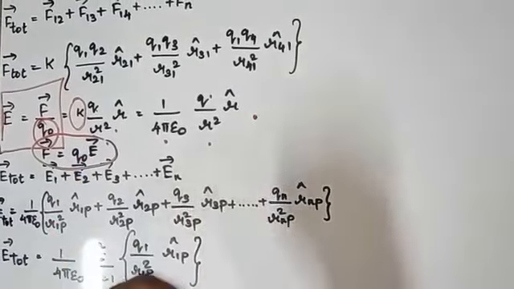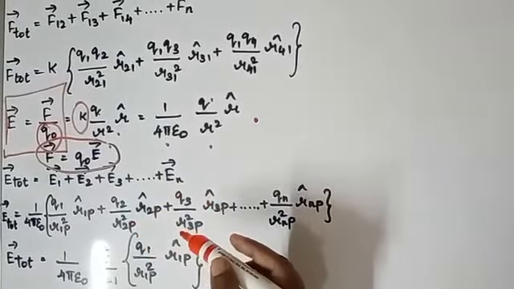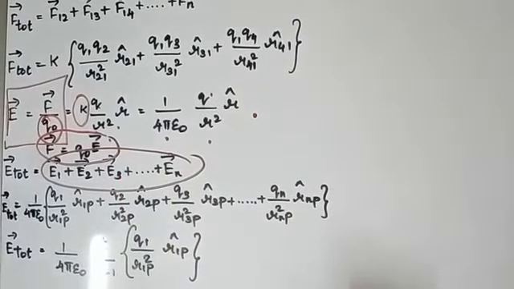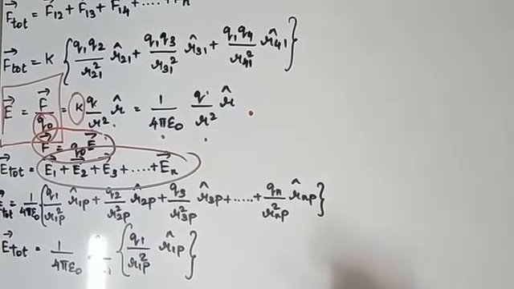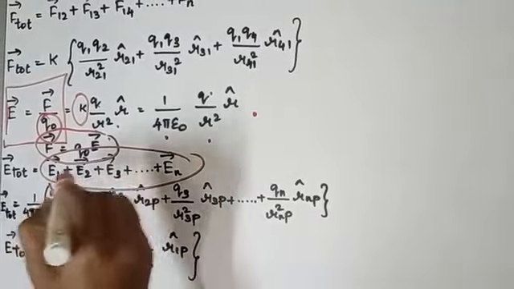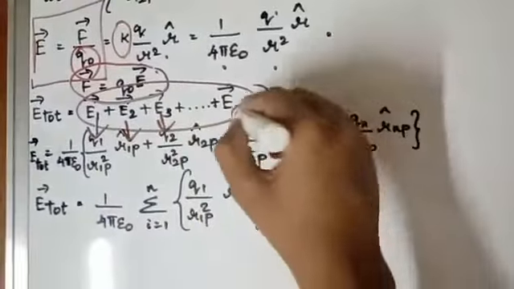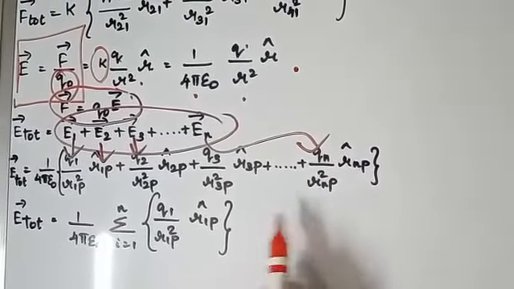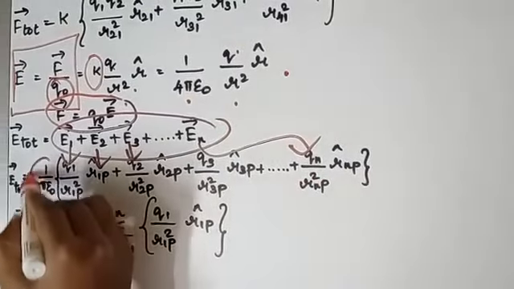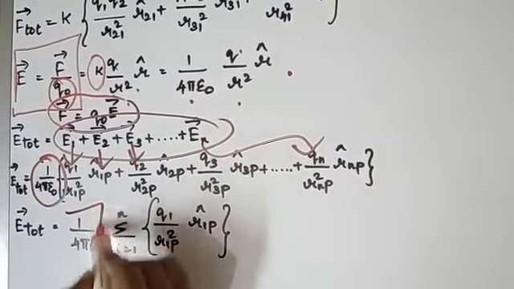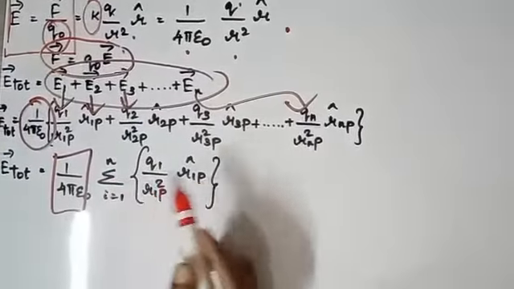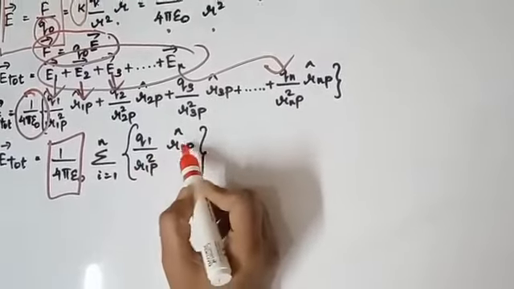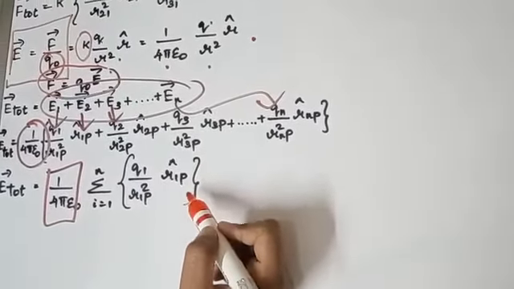Suppose we have more than two charges, we use the superposition principle to find the total electric field by using the sum of electric fields. When we substitute the electric field formula for each value, we will get such an expression. If we take all the constants outside, what are the constant values here? 1 by 4 pi epsilon naught. When I take the constant values outside, we get the summation, adding all the points, of Q1 upon R1P square R1P, which we have seen in our last class.